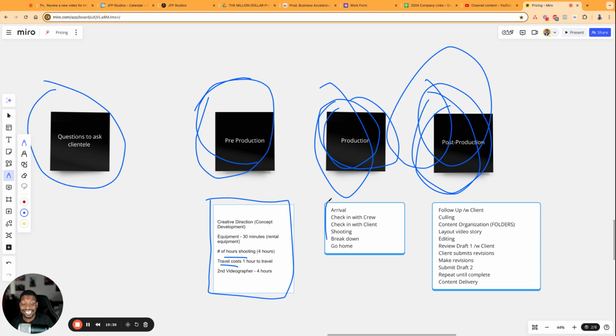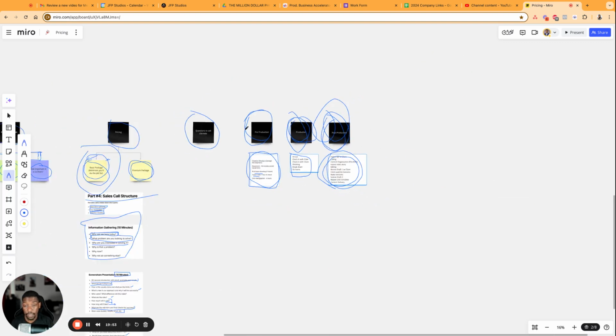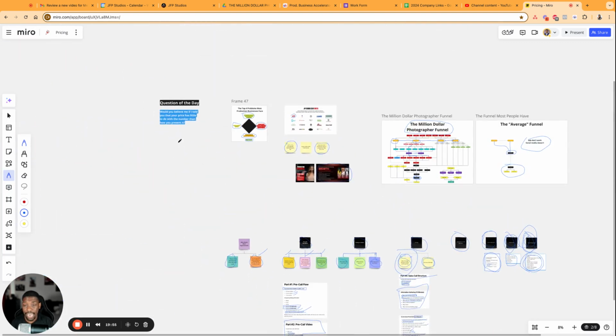Because people see the arrival and the checking in with the crew and shooting and breaking down, but they're also not seeing what's happening to plan, and they're also not seeing what you and or your team are doing in the back end to ensure that they get what they want. So in summary, the question now